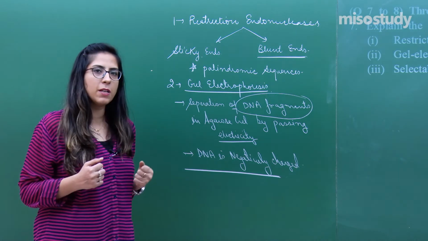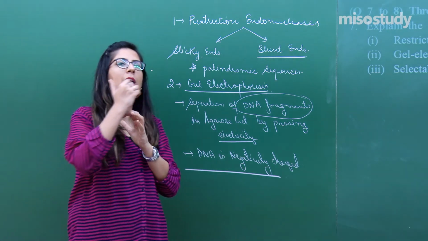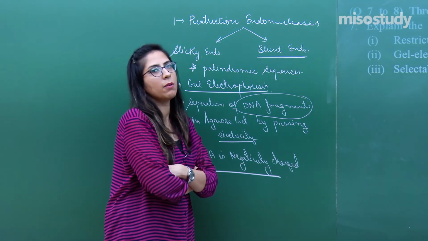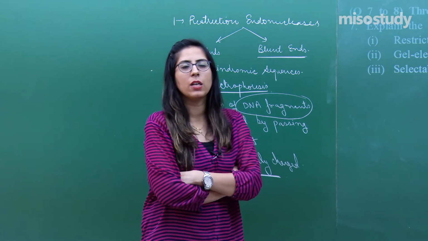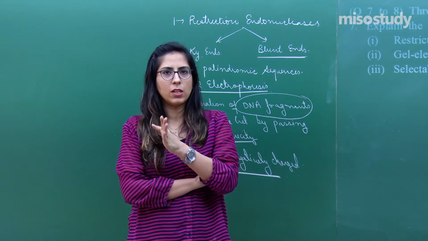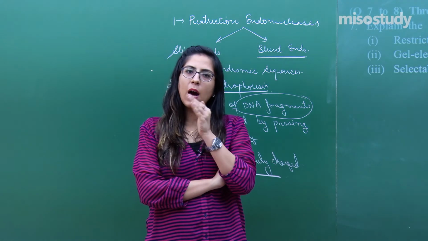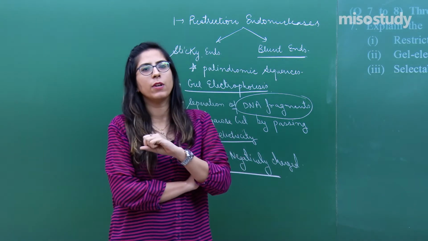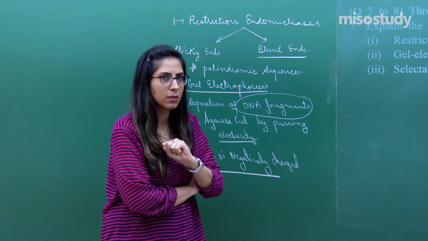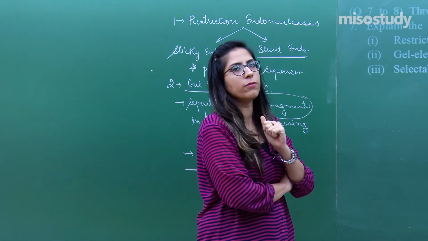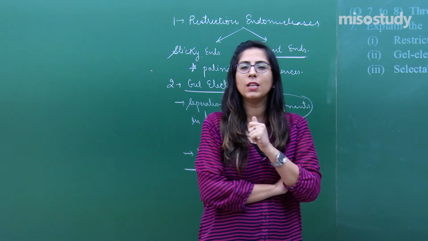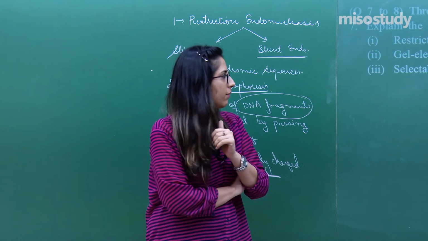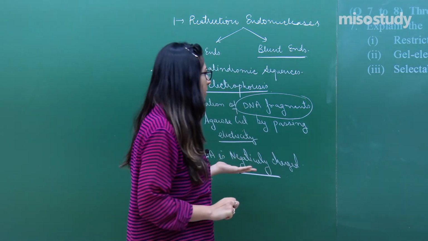Larger or bulkier DNA fragments will not be able to travel much in an agarose gel, whereas the smaller DNA fragments will be able to travel much more in the agarose gel. So the band which is far from the wells where I have loaded my DNA of interest is a lighter fragment, having fewer nucleotides compared to those near the wells. So this is gel electrophoresis which you have to explain.